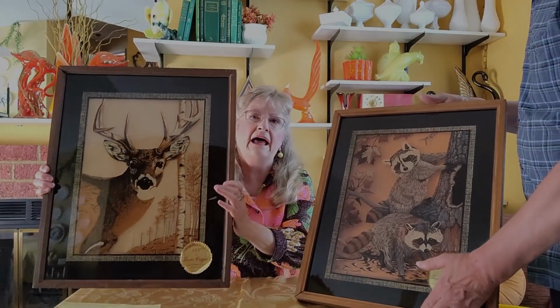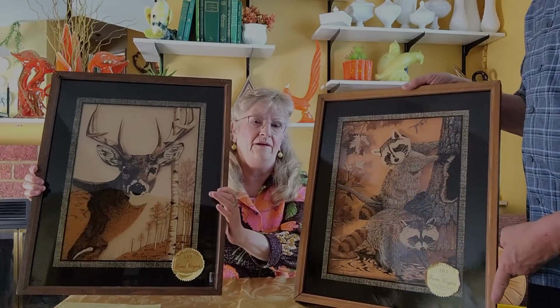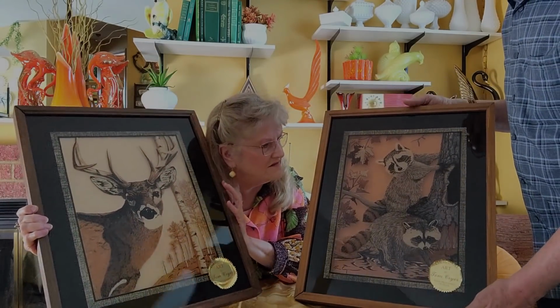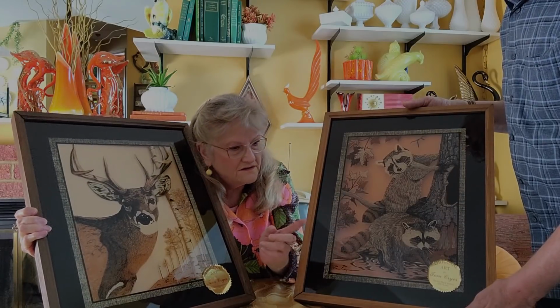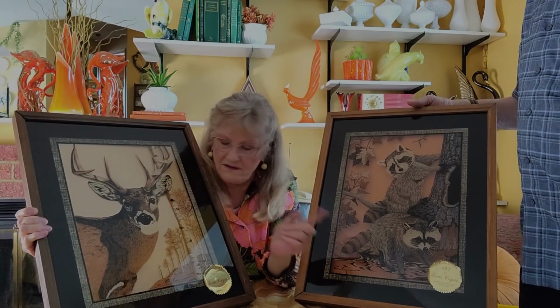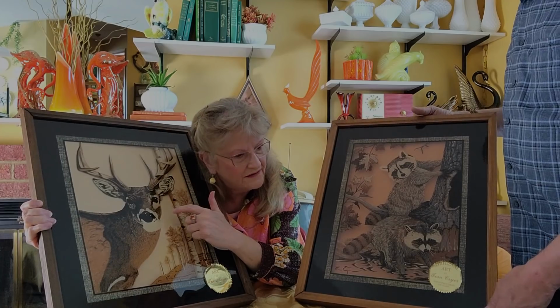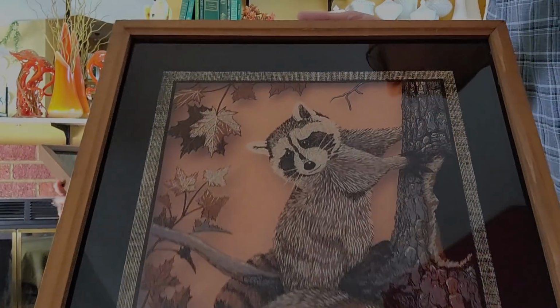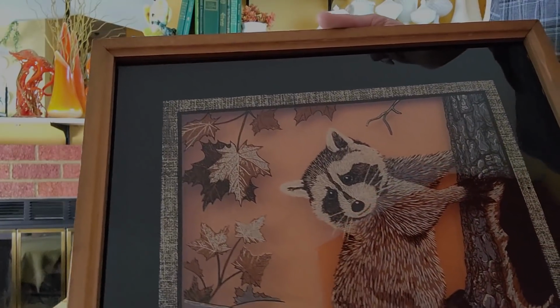He's got a lot of animals. He loves all animals, and his house is full of artwork. So now that's the other color background. See, the pheasant one, there's a pheasant one that has this, well, it's even lighter, isn't it? Yeah. Oh, I thought two were more gold, like more golden. These were